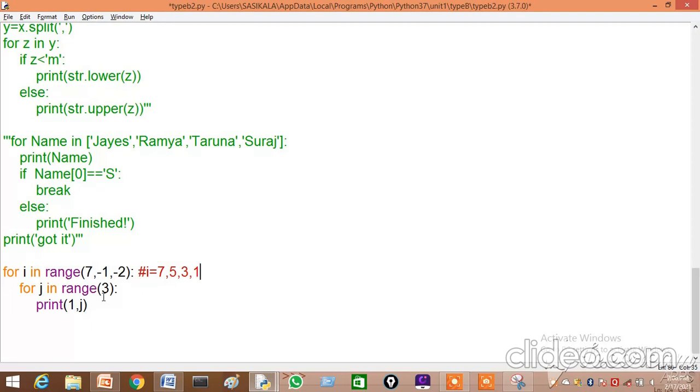Every time this j value will be 1 comma 0, 1 comma 1, 1 comma 2. 3 won't come. Till 1 comma 2 it will print.